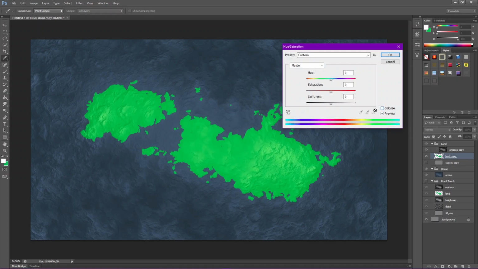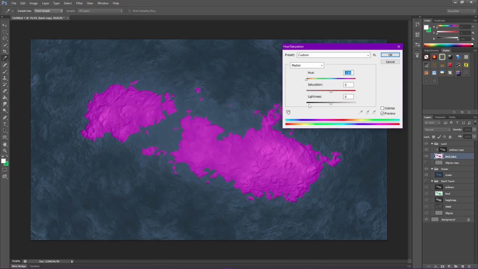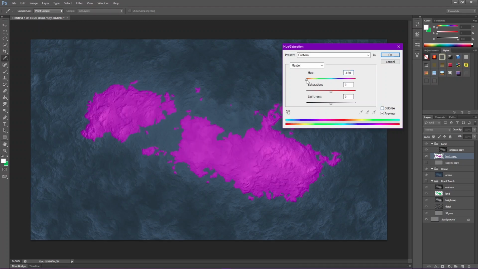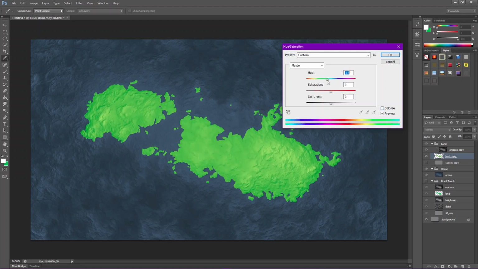What happens is that if you don't click colorize, any adjustments you make here are going to be relative. So when you move it closer to the red, it's going to make your image more red. But you can slip right past red because obviously this should be more of a wheel than just a straight line. But if you click colorize, the color that you point to, like if you click on blue, it's going to be blue. If you click on yellow, it's going to be yellow. If it's not colorized, it's going to be relative to what your original color was. So make it colorized. It's going to be a stylistic look.